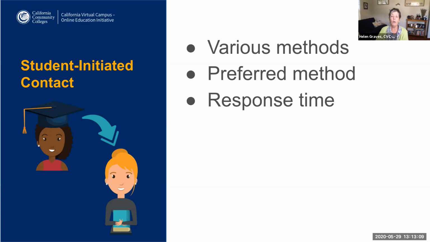It's a really good way to build in a protection in case there's an email malfunction. Because the last thing you want to have happen is a student sitting there waiting for a reply from you when you never even got the email. To encourage student-initiated interaction, your contact information, as I mentioned, should be easy to find and ideally in multiple places. So on the homepage, in the syllabus, in your orientation module, wherever else it makes sense to you,